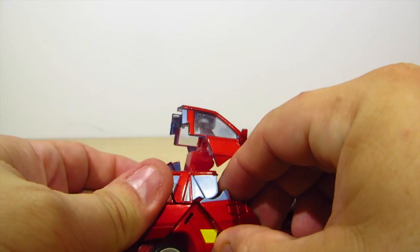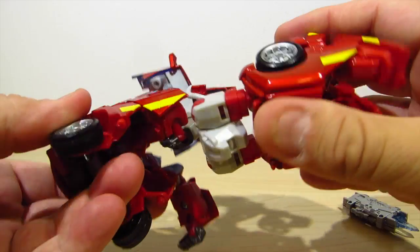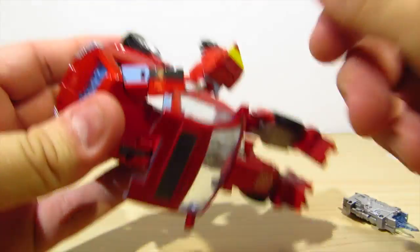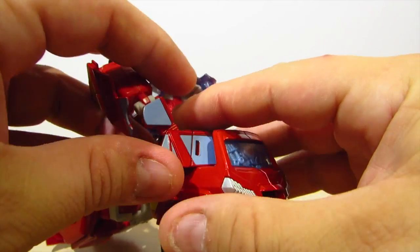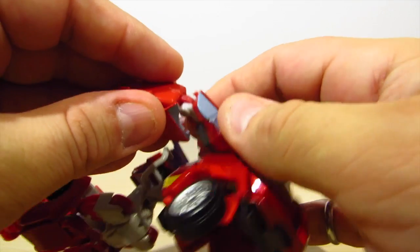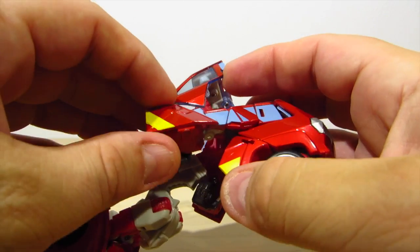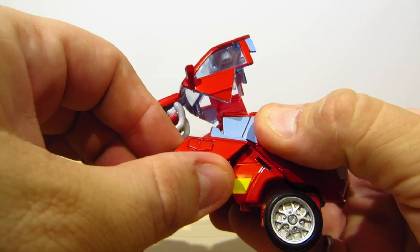And it takes a little bit of playing, and there he goes in like that. Same thing on the other side. Rotate this around, fold it down, make sure the hands are flipped up like that. Rotate it around so that all the panels are on the same side. We'll flip it around, and then just kind of rotate the